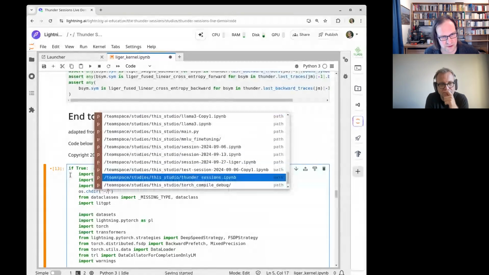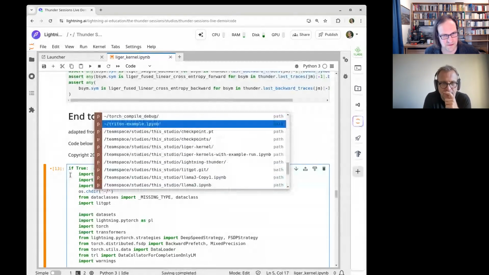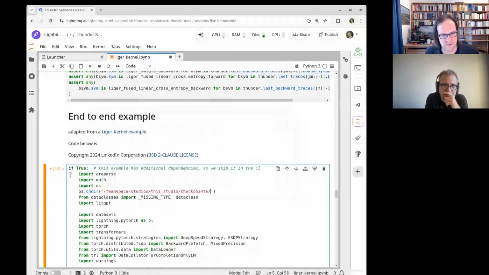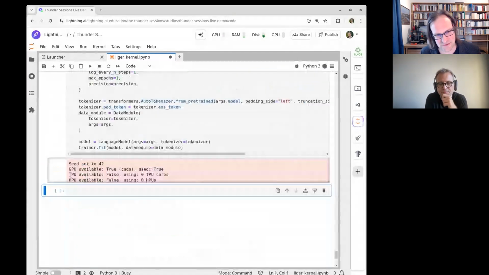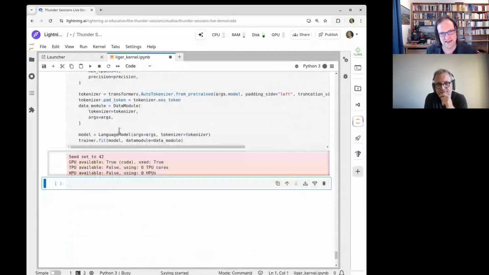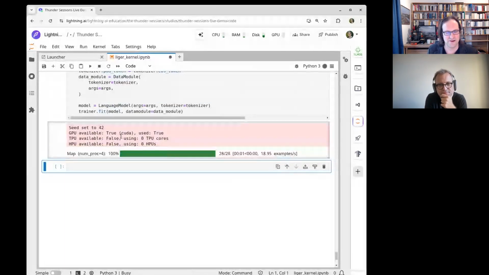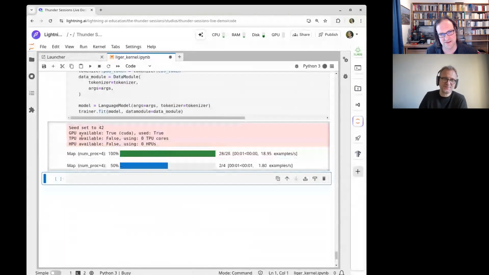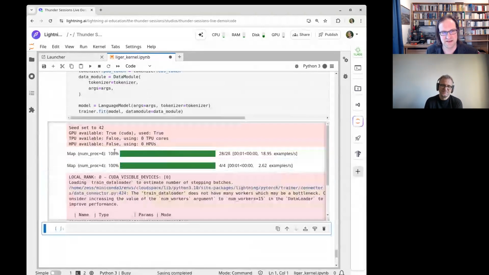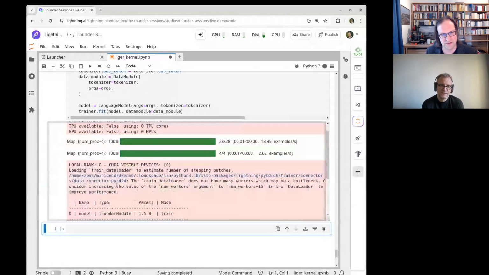In order for it to work. I'm not sure. It's Team Space Studios, this studio. Right, exactly. And this is, of course, from the studio magic. I could re-download the thing or copy the notebook, no, it's the main directory, but so this is how it goes.